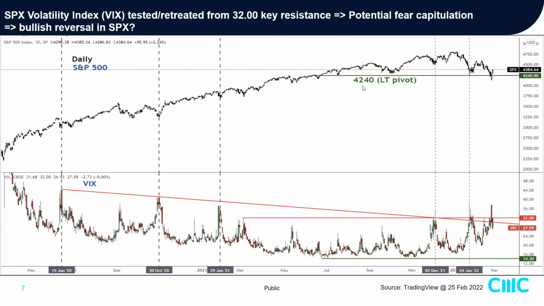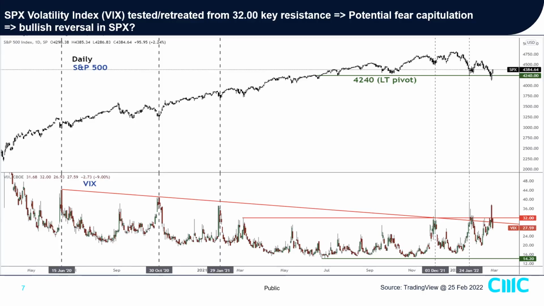So this is 4240. It was breached on an intraday daily basis, but the market managed to close above it on a weekly basis, as well as on the daily basis on Thursday and Friday. So 4240 was indeed a key long-term pivotal support that the market managed to hold, or, for those who believe in conspiracy theories, someone managed to make that level hold. Why? Because if this level has a weekly close below it, we could kickstart a multi-month major corrective decline that could take us down negative 30 to negative 40%